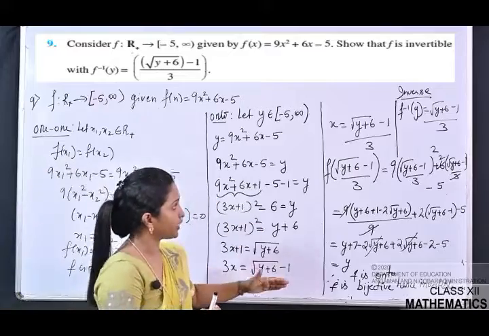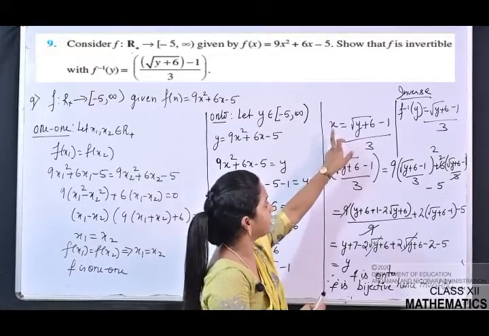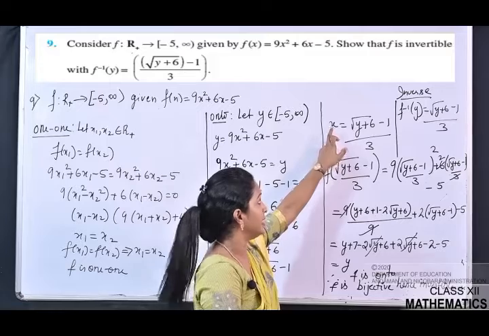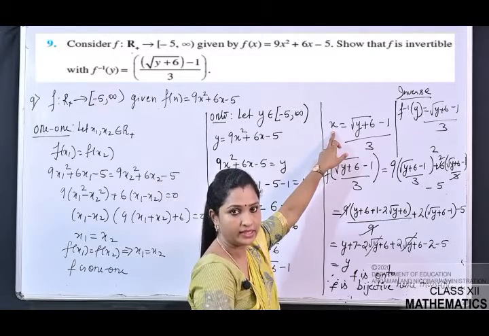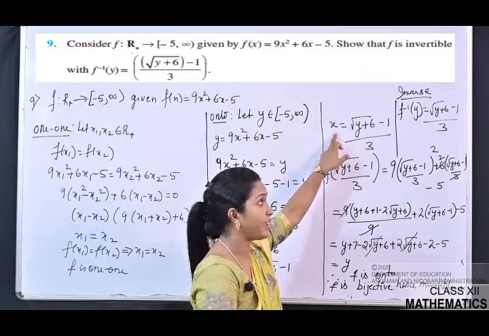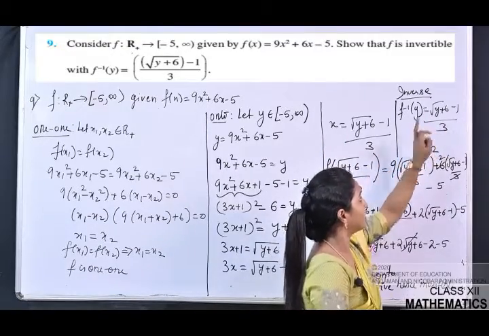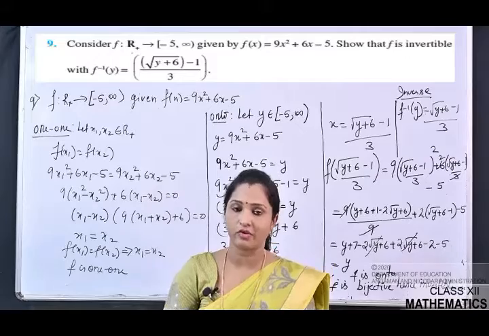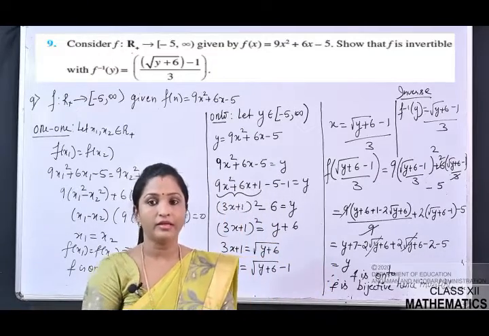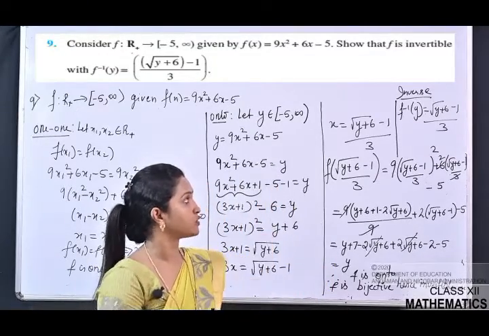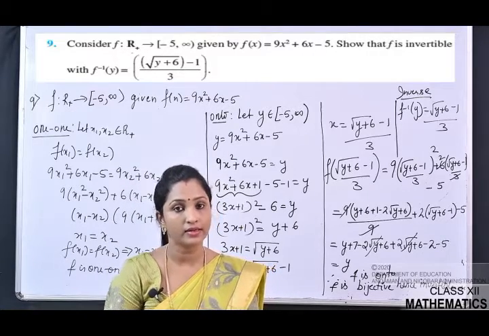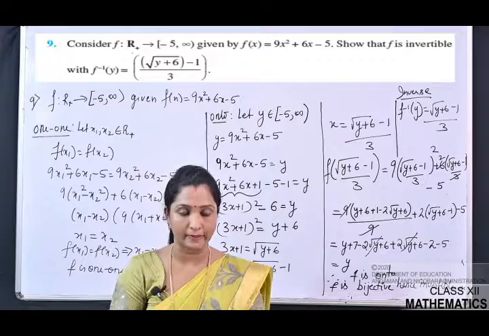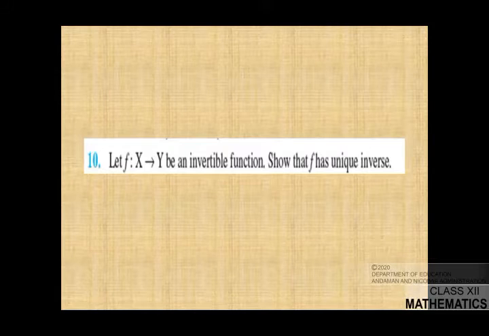ठीक है, तो मेन पार्ट जो है वो है आपको one-one और onto प्रूफ करना है। Onto से ही आपको इन्वर्स मिल जाएगा क्योंकि x ऑलरेडी आपने निकाल रखा है। x is nothing but f of y, तो when y is equal to f of x अगर है, तो x क्या होगा, f inverse of y होगा, and you are getting the answer as root of y plus 6 minus 1 by 3, और आपने प्रूफ कर दिया कि फंक्शन is invertible with f inverse of y equal to root over y plus 6 minus 1 by 3. Very important question, ठीक है, इसको आप जरूर घर पे प्रैक्टिस करिएगा. Now, look at the 10th question.